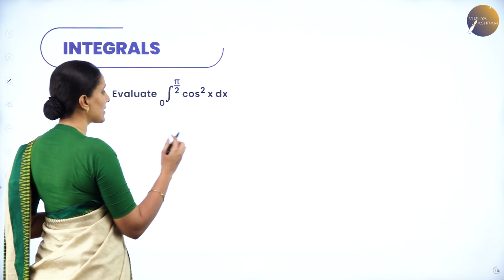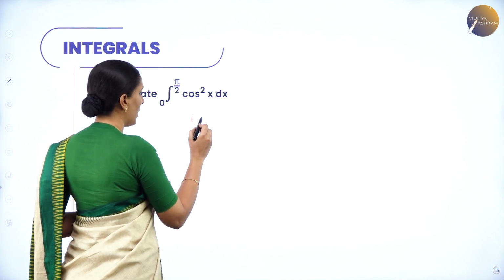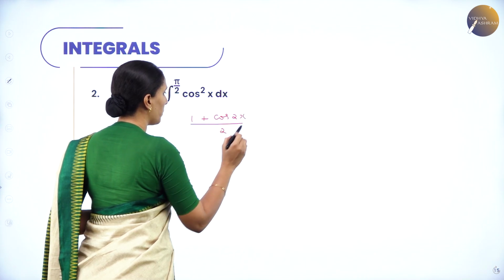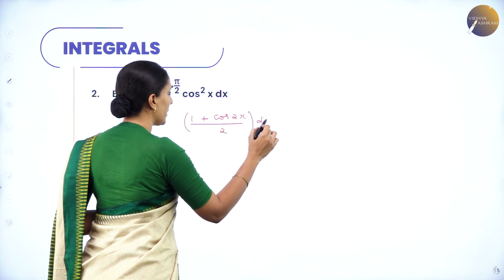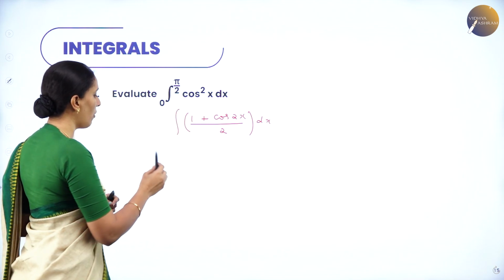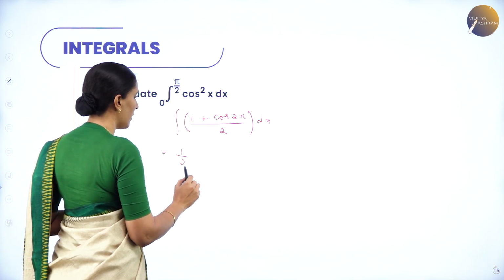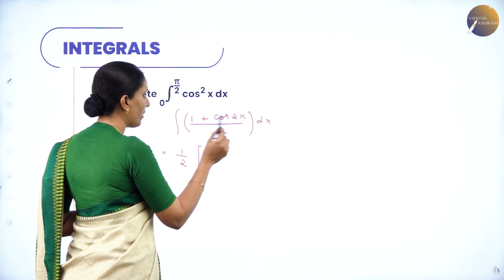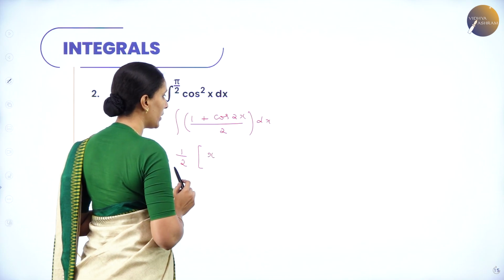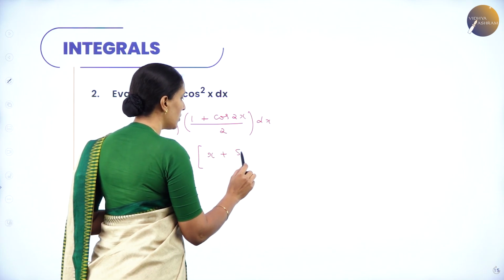So cos square x can be written as (1 plus cos 2x) divided by 2 with respect to dx. First, let us integrate this. So I can keep half outside the integral. Then I need to integrate 1 with respect to dx, which is x, and cos 2x with respect to dx, which will be sin 2x